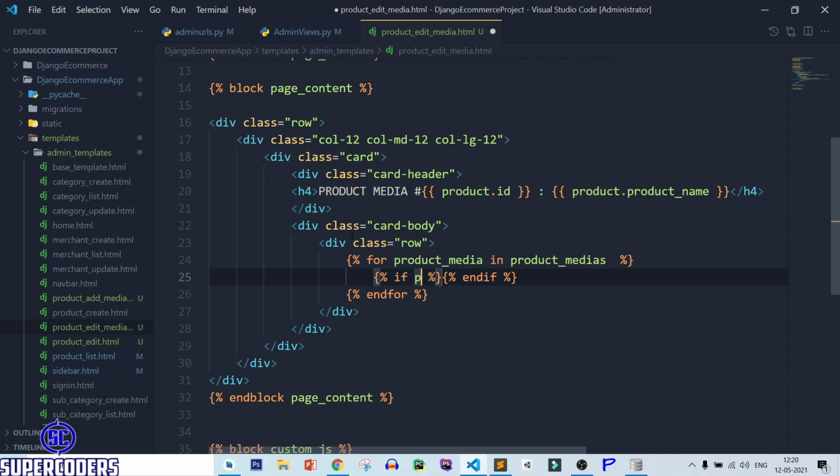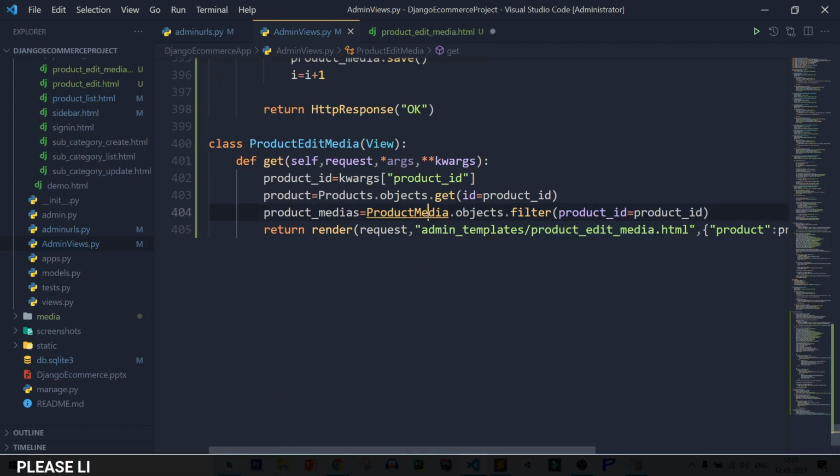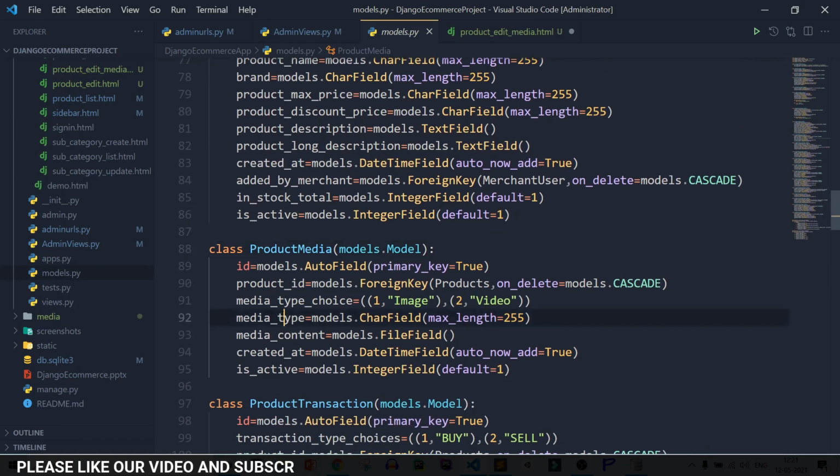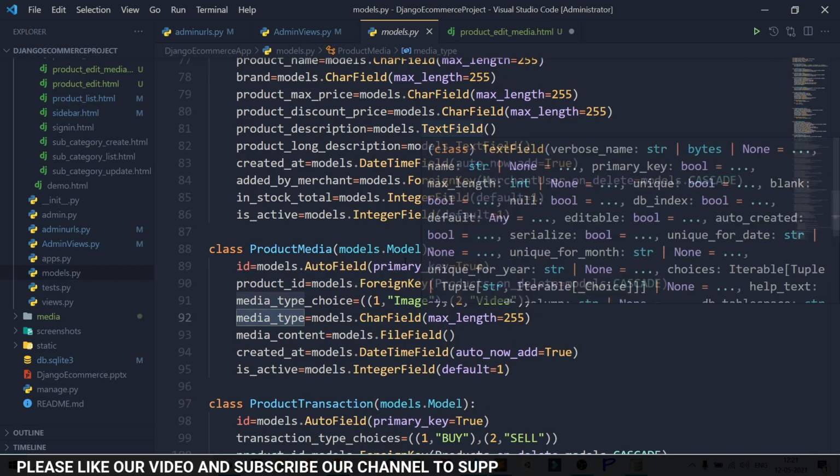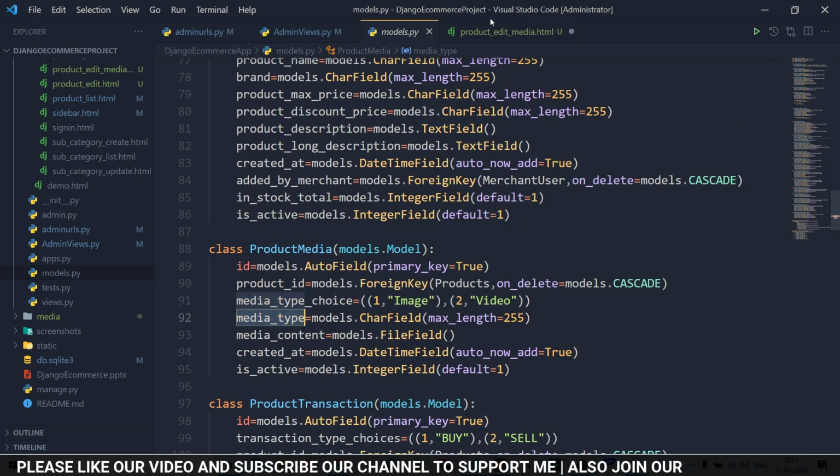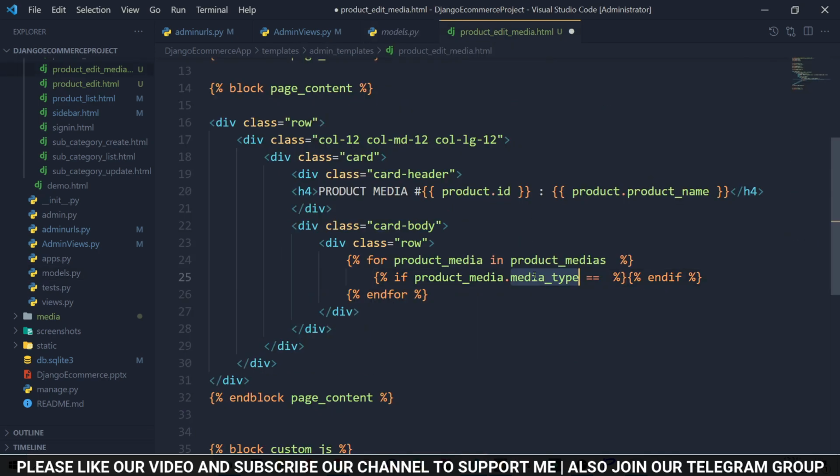If product underscore media dot media underscore type equal to, let's check, product media type, media type equal to 1.